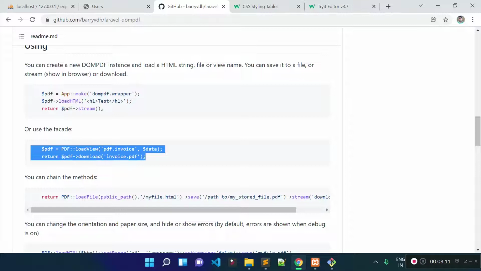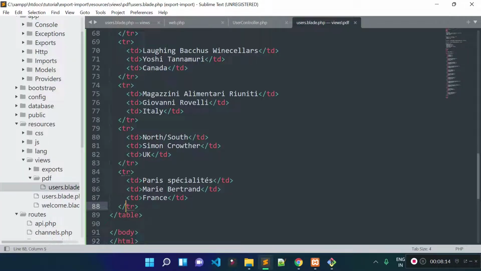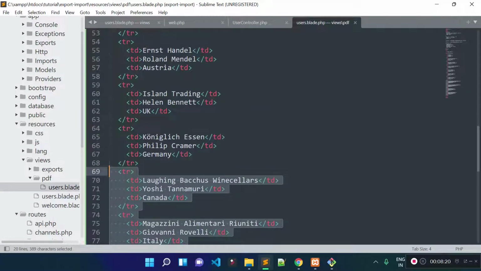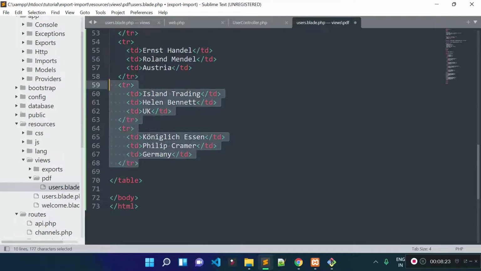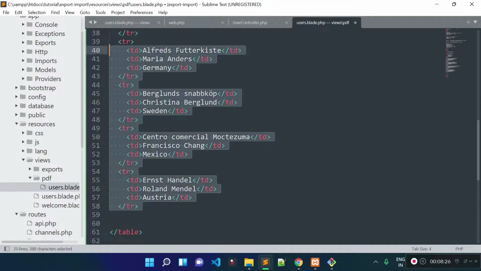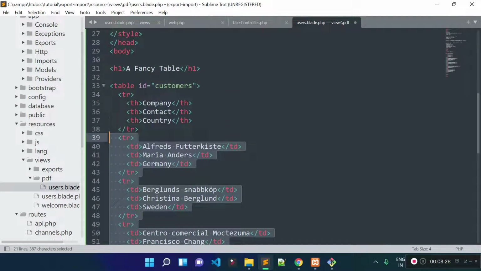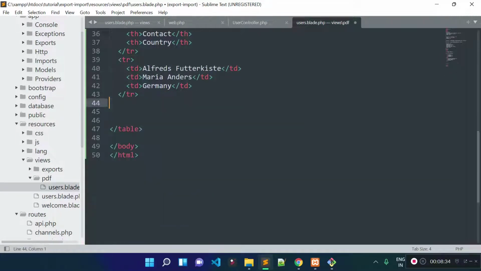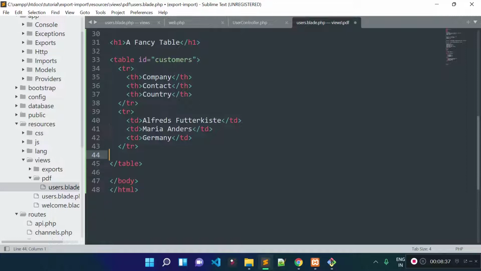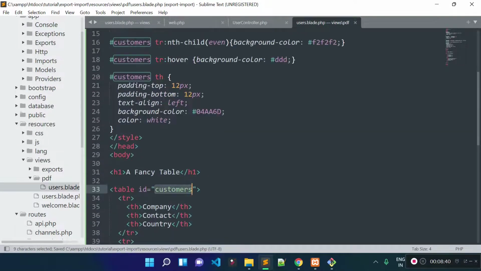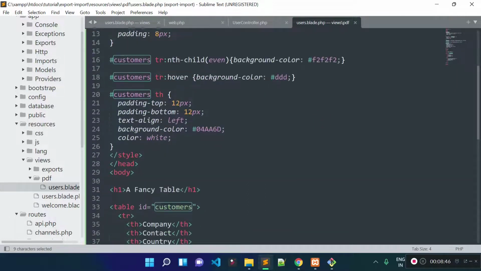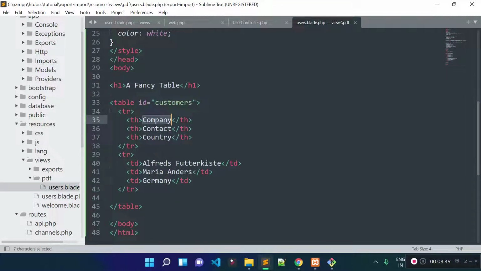Now what I will do, I will create the PDF file as per our data, right? So let's remove this tr from here. Need to remove this tr, also need to remove this tr from here. This data should be dynamic, right? Let's remove this tr also. So what I am going to show inside this PDF file, I'm going to rename this class. Okay, this customer is good, no problem with this. So I'm going to display user ID, user name, and user email, right?